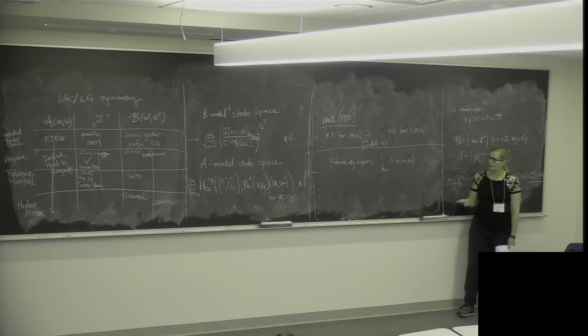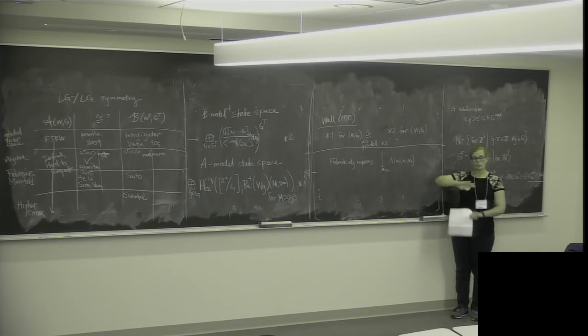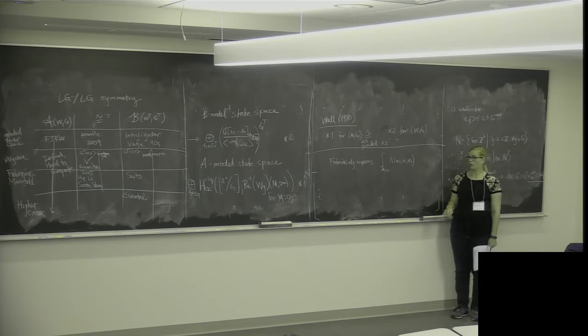That is, if you pick any 3 elements in your state space, you can create a cohomology class out of that, and you need to be able to evaluate the integral over M bar 0,3 of that cohomology class. And you need to be able to do that for all possible combinations of state space elements, which, as you can guess, is not an easy problem to solve. It turns out that when you pick